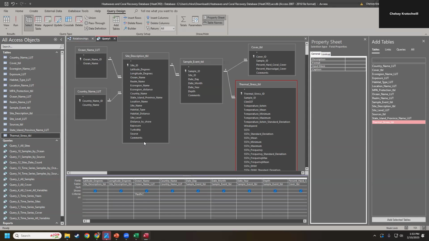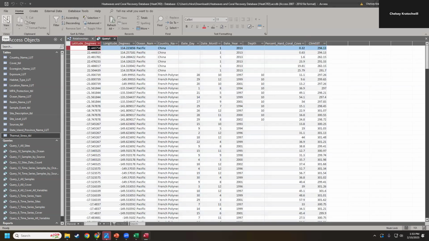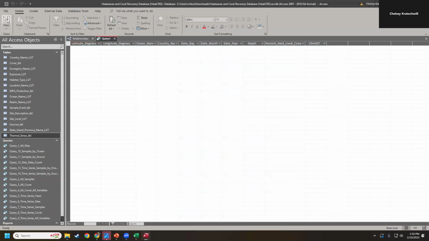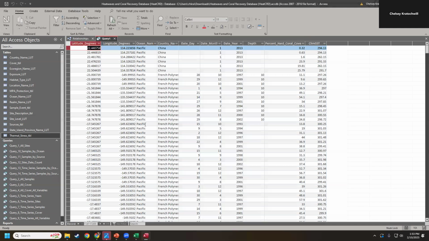This has to be spelled correctly. If you misspell it, it will not populate with anything. I can show you an example of that. Actually, it might show you. Yeah, okay, capitalization does not matter, but misspellings do. So if I forget the A and I wrote Pacific wrong, nothing will populate. So make sure that you spell it correctly. Capitalization does not matter. So I'm going to look back in the datasheet view, and now I'm only seeing sites